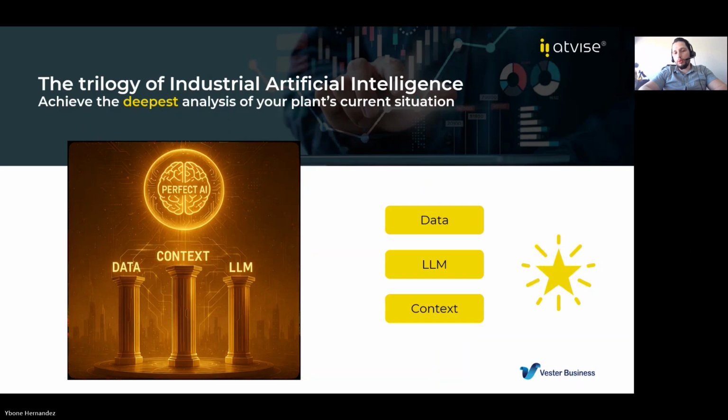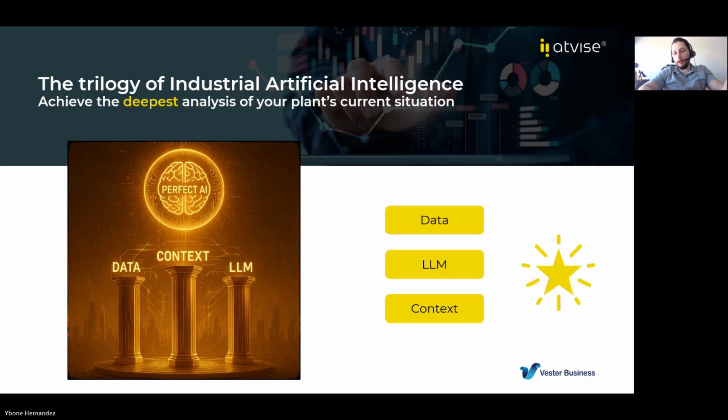Data is what we provide to the artificial intelligence in order to provide insights. The LLM is the brain. And there are multiple providers for LLM. If you guys haven't heard about this term, LLM is large language models. There are multiple in the market.